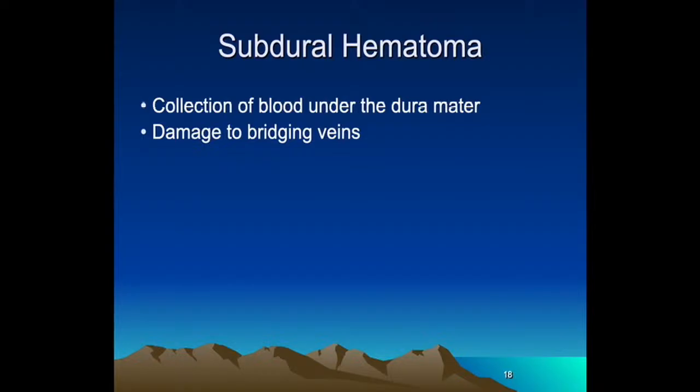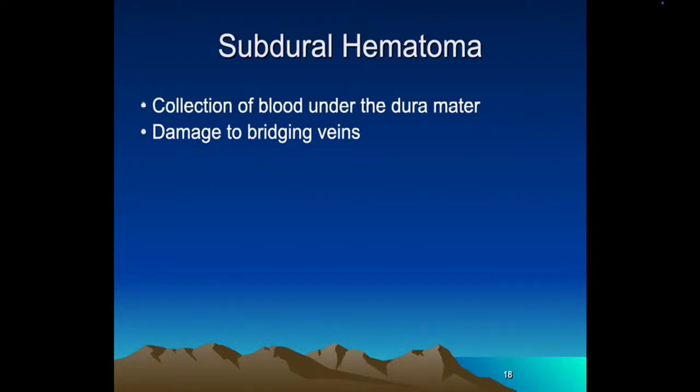Okay, subdural hematoma. This is a collection of blood that occurs underneath the dura mater, and it's caused by damage to bridging veins. These are vessels that drain venous blood from the brain tissue up through the dura mater, over to the central venous sinus, down to the back of the head, to the transverse sinus, and down to the jugular veins, back